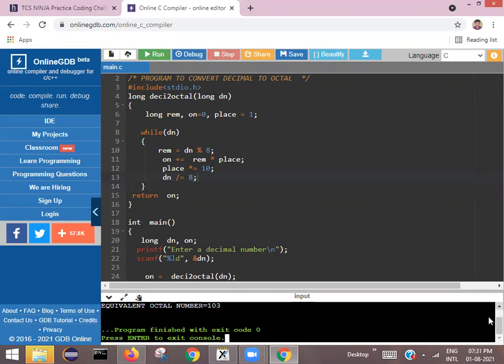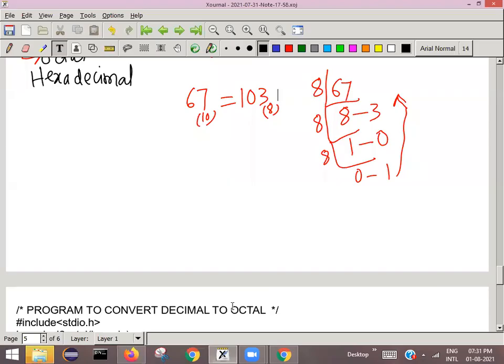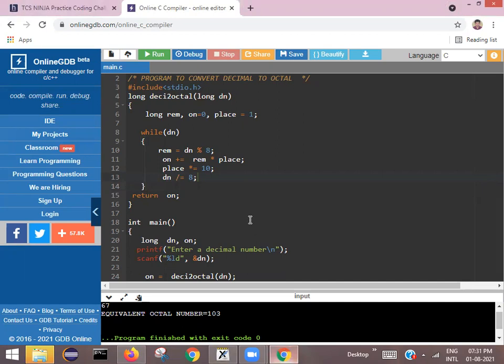Yes, 103. Yeah, finally we got it. It is matching with our mathematical answer, 103 base 8. That means our program is working fine. Now it is giving the correct answer.